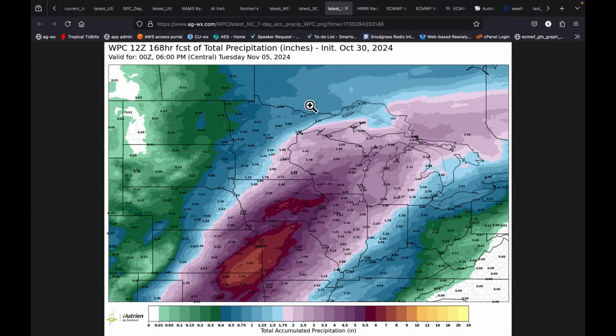And as you take a look here, getting into Iowa, Missouri, parts of Illinois, the chances of picking up 1 or 2, maybe 3 inches of rainfall is high, and it's much higher back into parts, again, Kansas and Missouri. Now remember, I told you the WPC gives us a product and everything looks very smoothed. That's part of the way they designed it, just so that you're aware. But understand that when the rain does fall, it's not going to look exactly like this. Let's do one other thing.